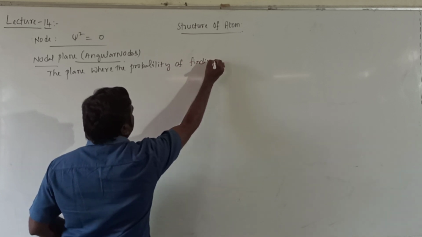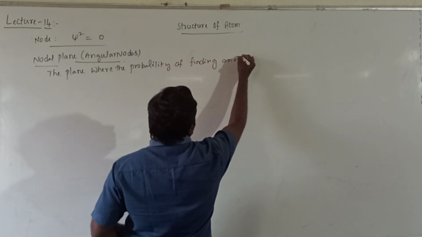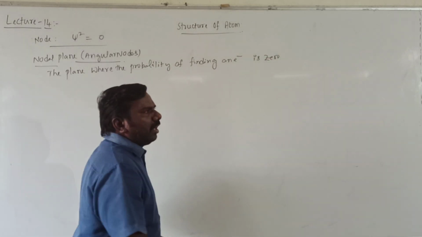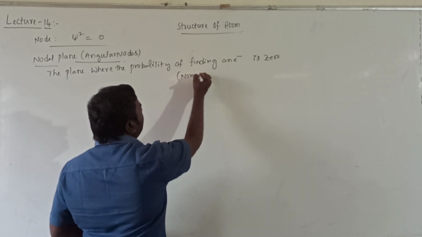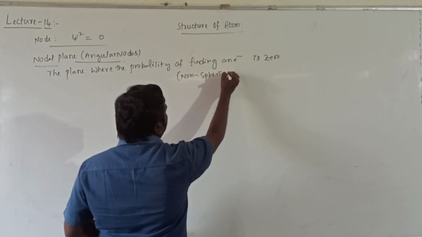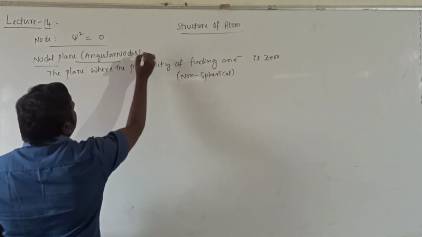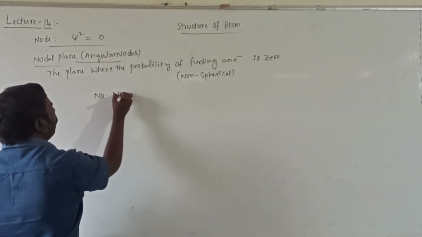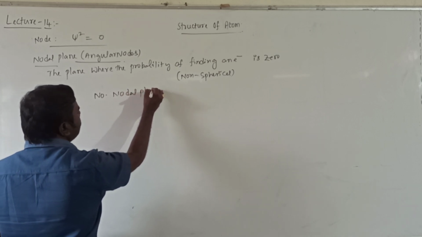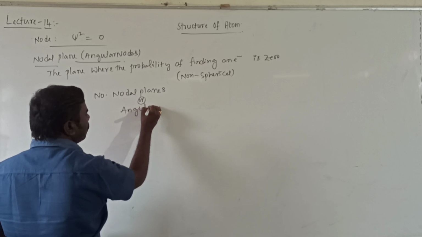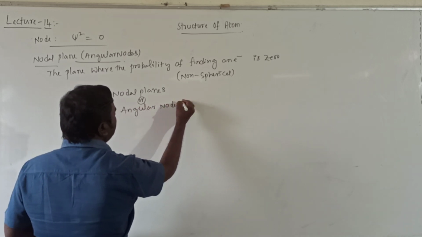It means it is a plane. Plane means it is non-spherical. So the formula for the number of nodal planes or angular nodes will be